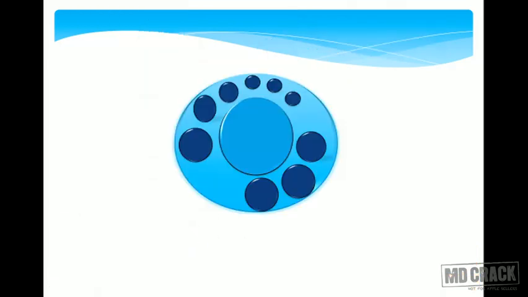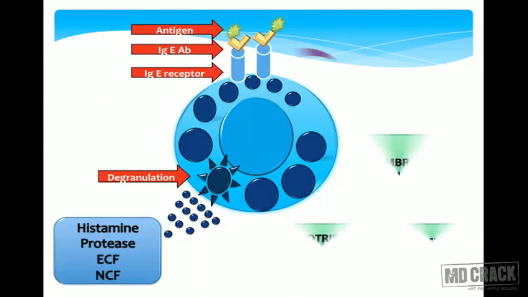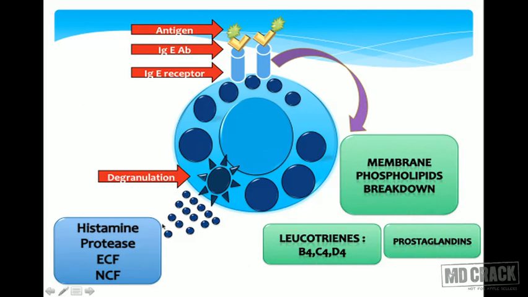So remember, once the mast cell is degranulated, it releases a variety of cytokines. There will be release of a massive amount of histamine. Histamine is a potent vasodilator. It increases the vascular permeability. There will also be release of proteases. More and more eosinophils will be recruited by mast cells. So mast cells will secrete eosinophil chemotactic factor and neutrophil chemotactic factor that further cause tissue damage in the late